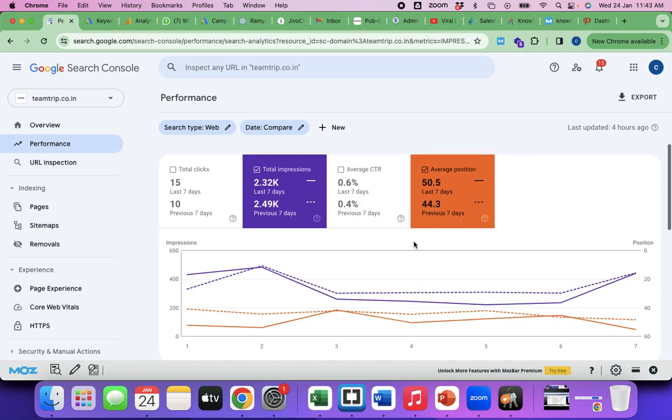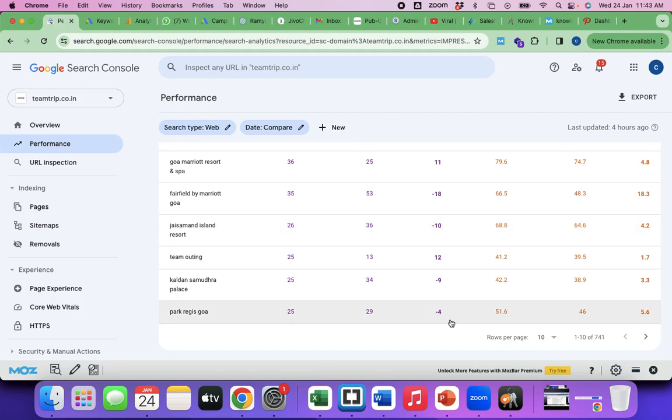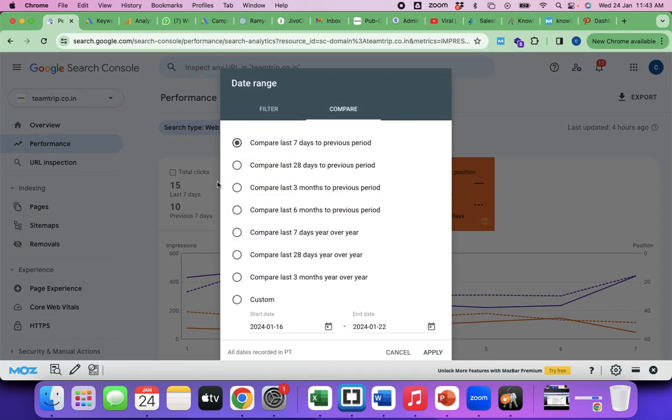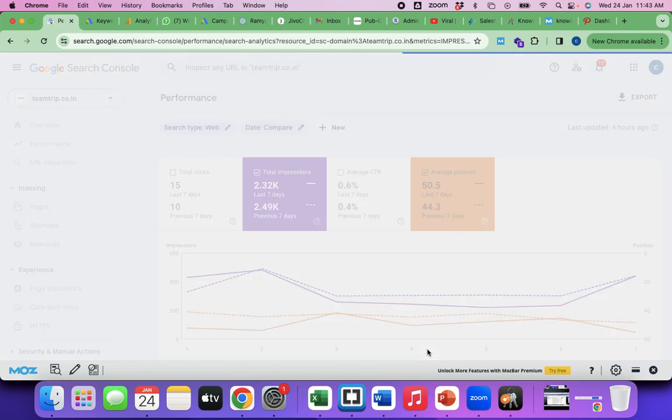Okay. So now see, for how many keywords your web page ranks can be seen here. You see this number, 741 keywords. Their website is ranking for 741 keywords. What is this time period? Last 7 days. Let me take 28 days. Usually we do it for 7 days only. Every week we track the data.